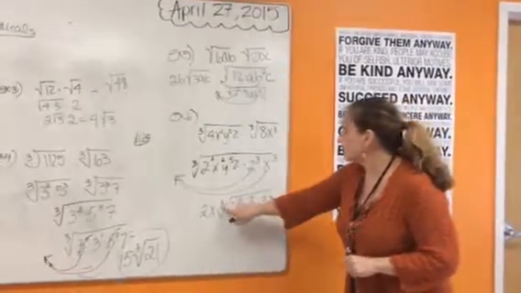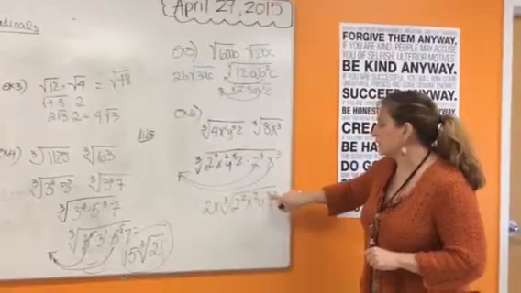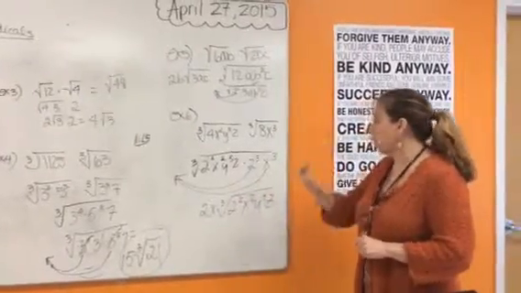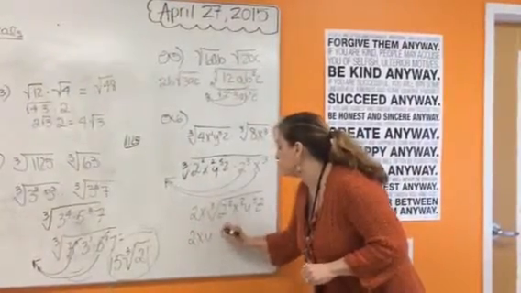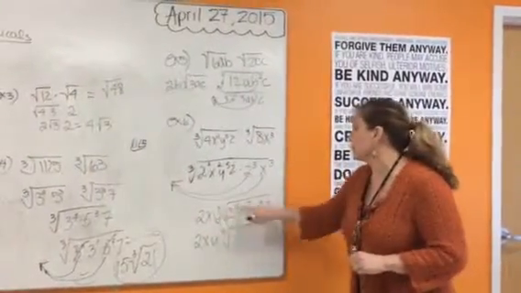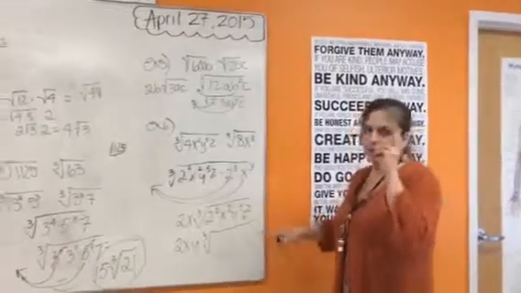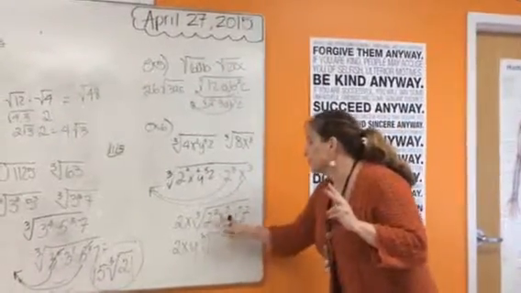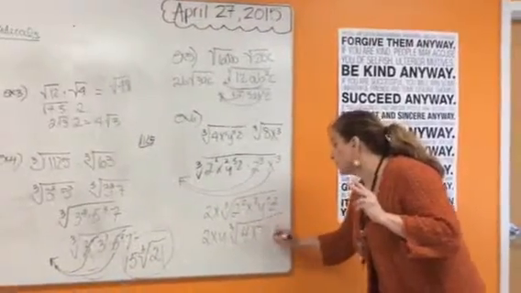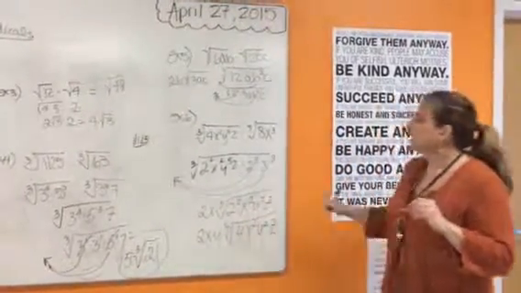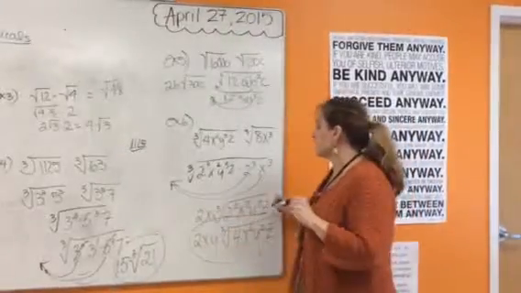Why? Because 3 is smaller than this exponent. 3 goes into 5 one time, so y to the 1st is going to pop out. 2xy, cubed root. Now what's left over? If 3 goes into 5 once, there are 2 left over. So I'm going to just go ahead and multiply that back. 4x squared y to the 2nd z. Okay? That's the final answer. If you guys need more help,